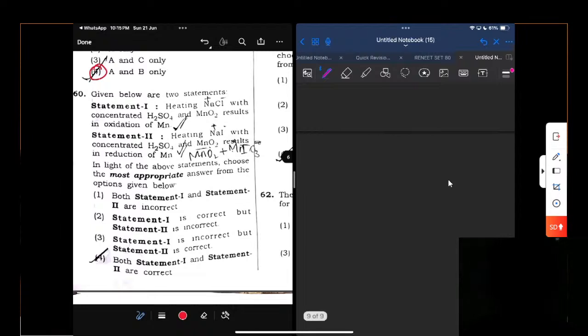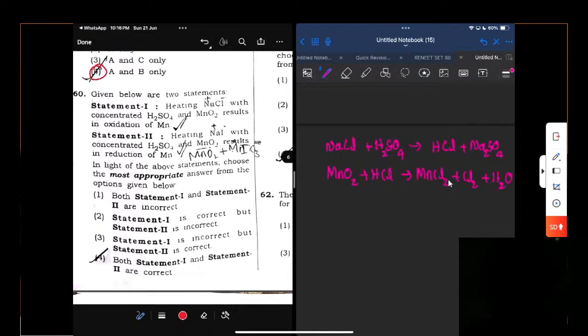See, when I treat NaCl with H2SO4, we get HCl plus Na2SO4. Now we have MnO2 also along with this one. When MnO2 reacts with this HCl, what I get is MnCl2 plus Cl2 plus